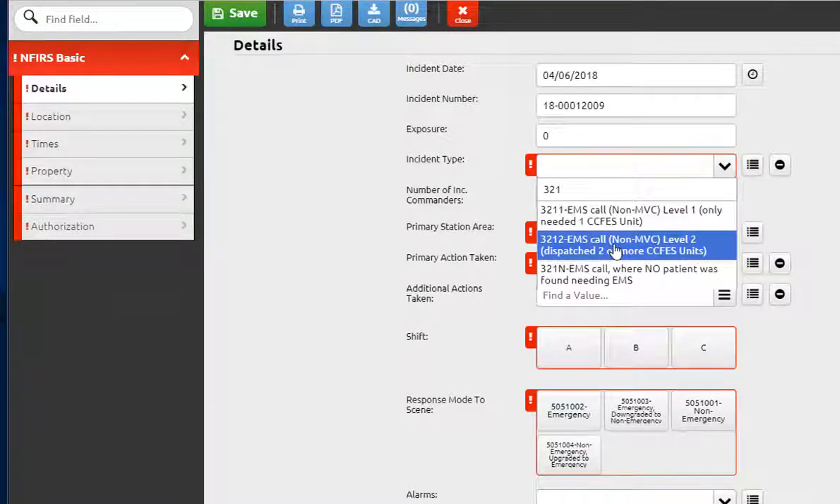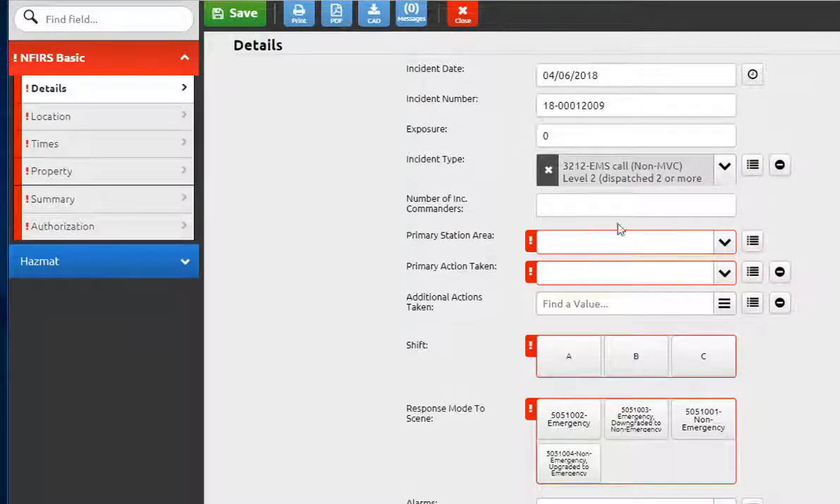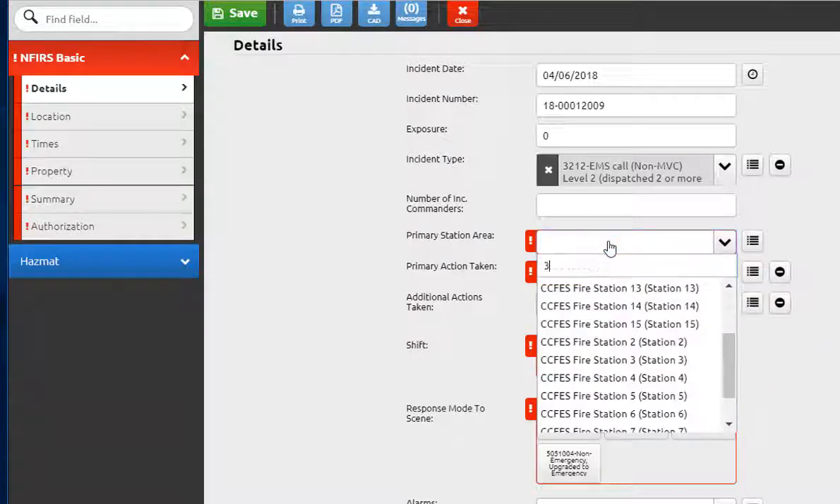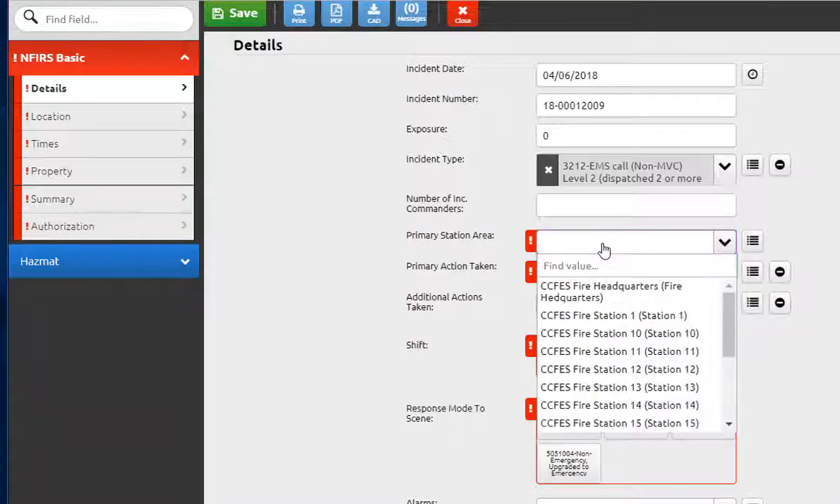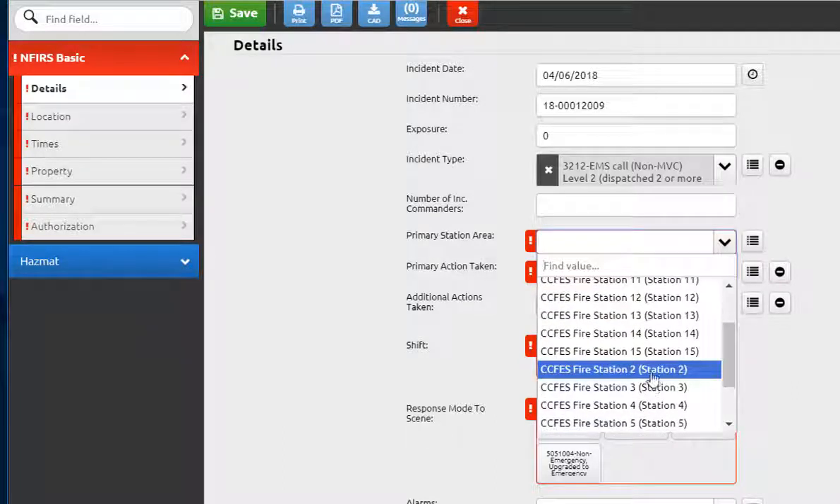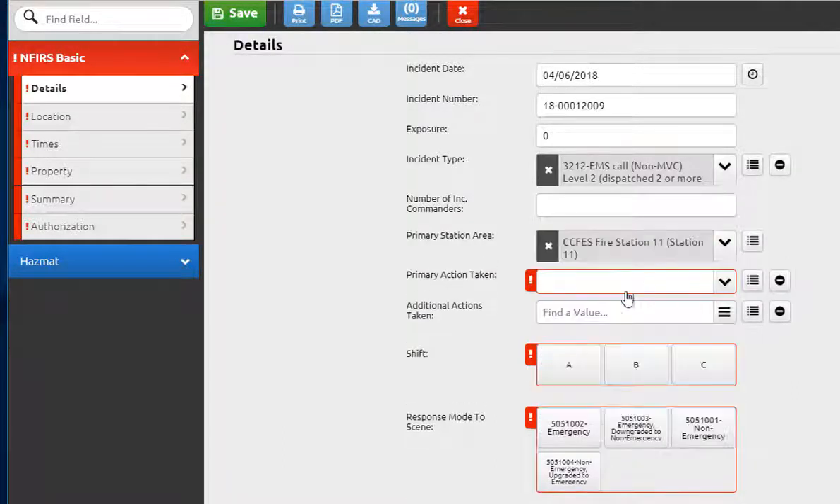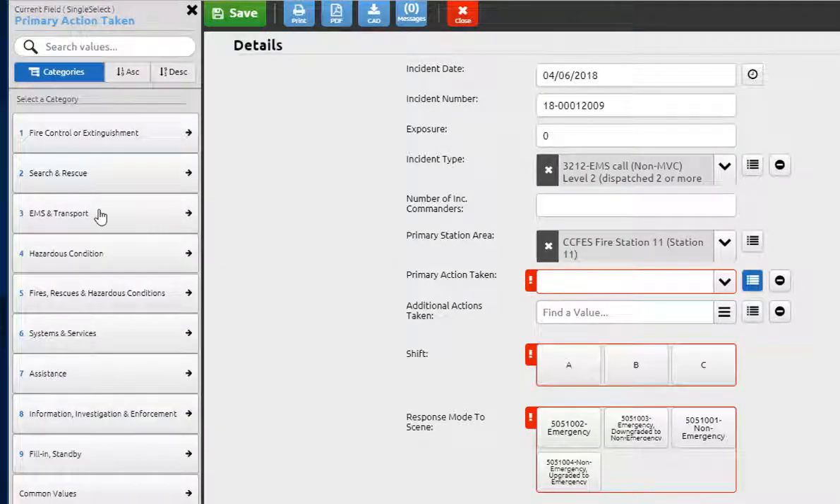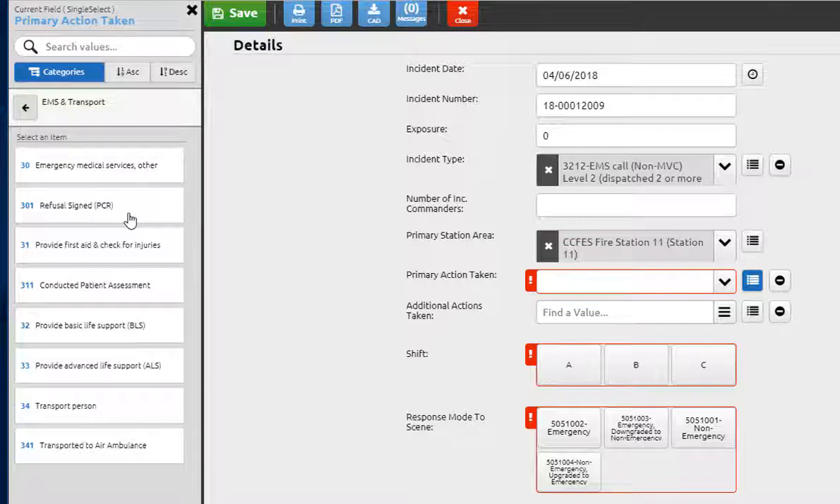We're going to say this is a level 2 call, that it required 2 people. And we did our usual station area. We'll just say whose first in area this was. We'll say this was Station 11's area. Primary action taken. We can still, again, click on our options here in our EMS, and we got a refusal